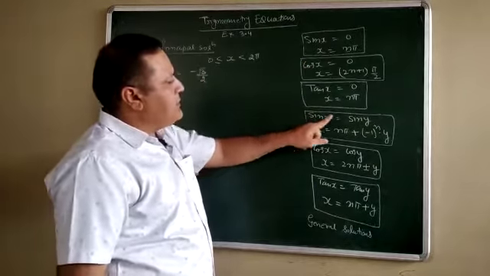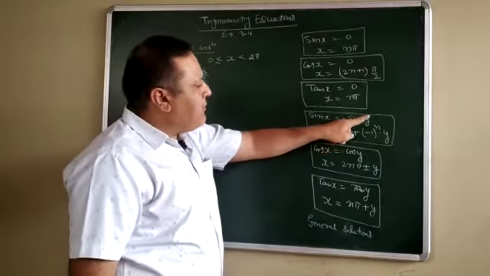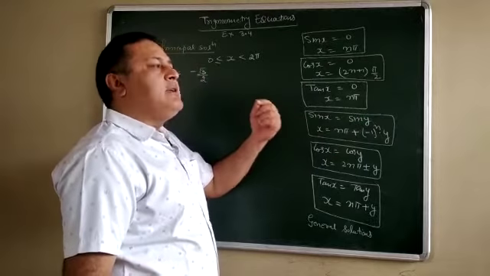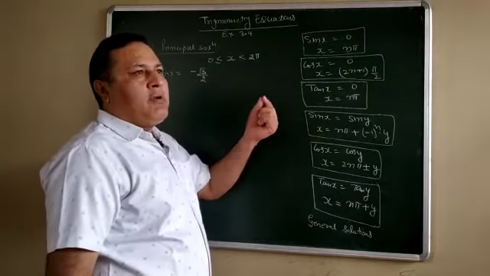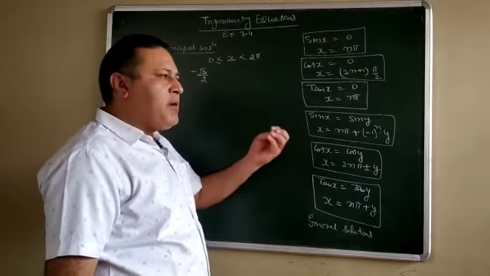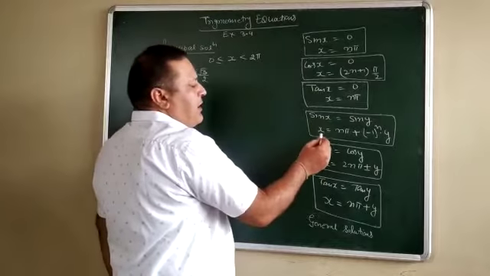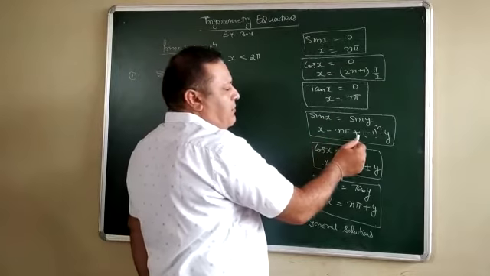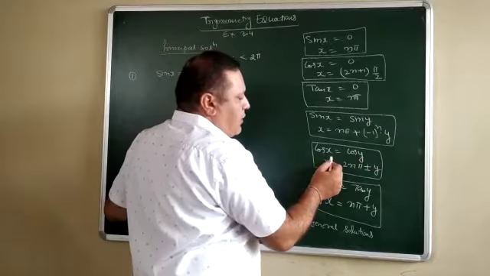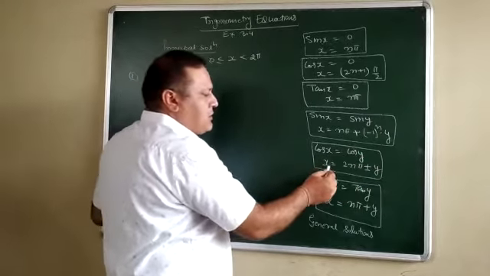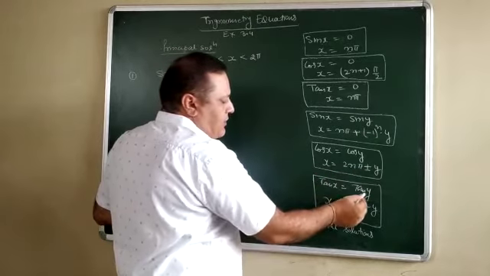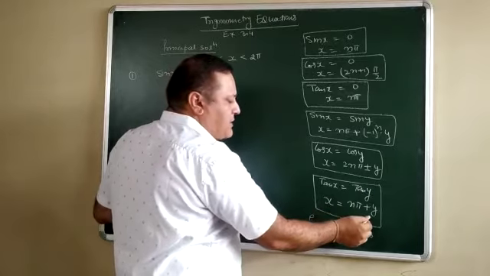If sin x is equal to sin y, where sin y is a constant value whose result is definitely one particular angle, like 0 degree, 30 degree, 60 degree, 45 degree, 90 degree, then x is equal to n pi plus (minus 1) to the power n into y. Similarly, when cos x is equal to cos y, then x is equal to 2n pi plus or minus y, and when tan x is equal to tan y, x is equal to n pi plus y.